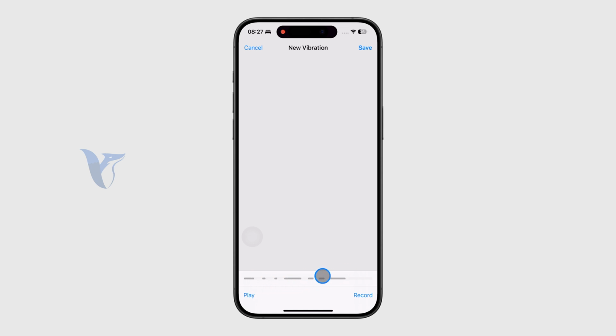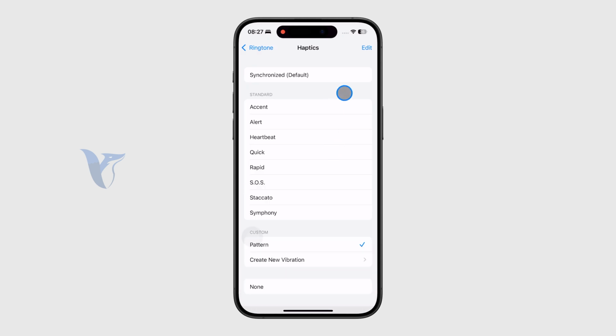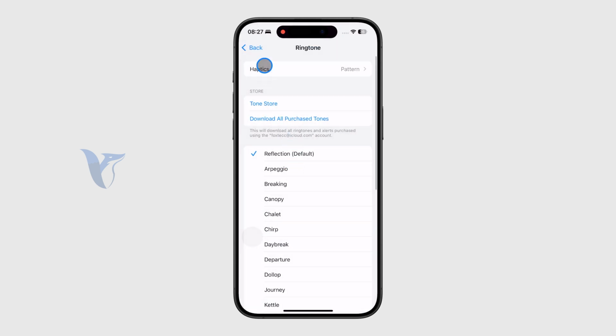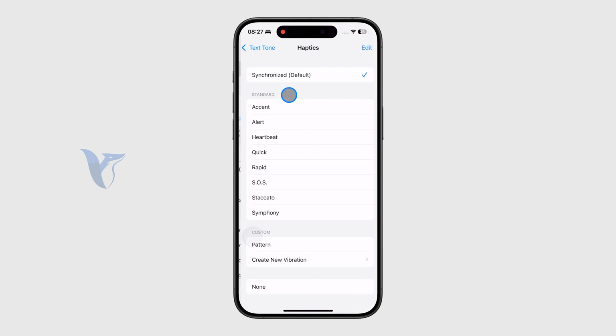So we can replay it again. You can also see it visually at the bottom, right? So yeah, this is it. This is how it actually works, right? So you can save it and also name the vibration, right? So in order to make it clear, you can name it, for example, pattern, and this is the thing that you're gonna remember. So yeah, this can now be applied to other places as well, like the text tone,